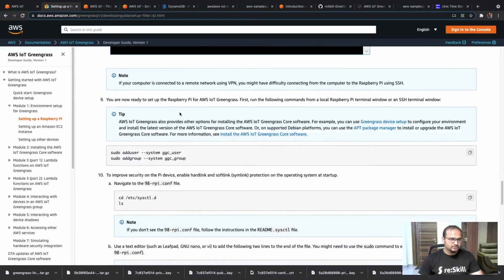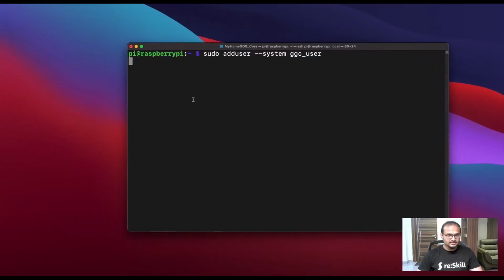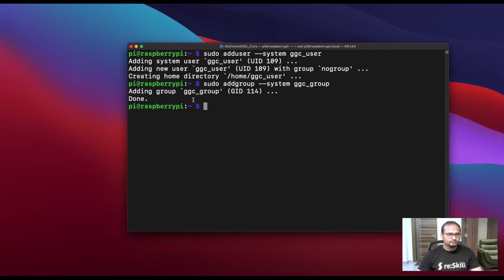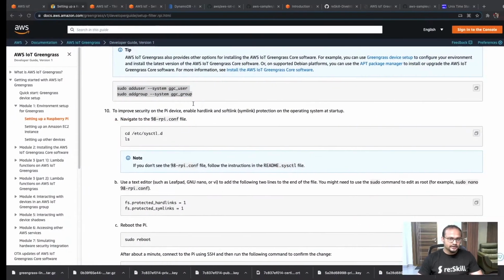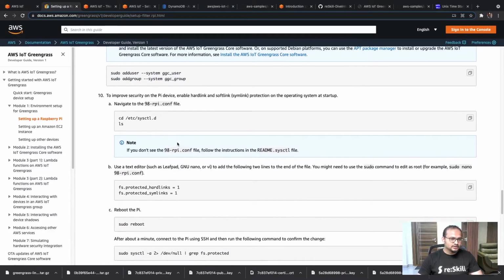The first step we need to do is add the user and add the user group. So I'll copy this and paste it here. Okay, both done. So we have created a new user called ggc_user and a ggc_group. And then to improve security, enable hard link protection. The way we do it is, in this folder we have this file called 98-rpi.conf.